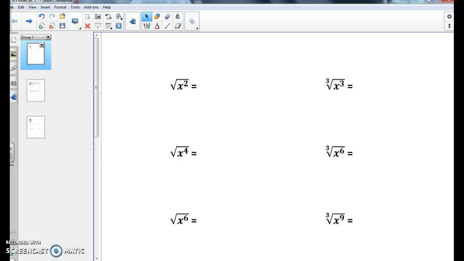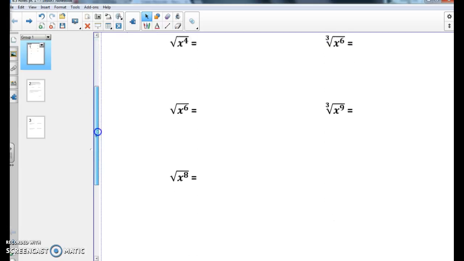Hey guys, this is the 6-5 notes, and I'm going to call it part 1 because we have a part 2 to this that's going to come the next day. So we're just going to go through some of this today, and you'll see where I stop later on, and leave you with that. So starts off on this page here before 6-5, we just got a bunch of radicals,